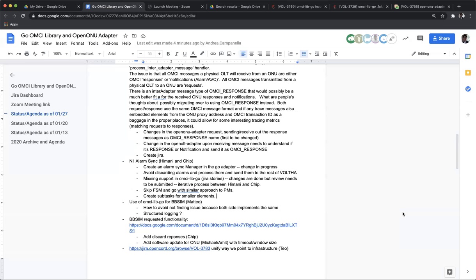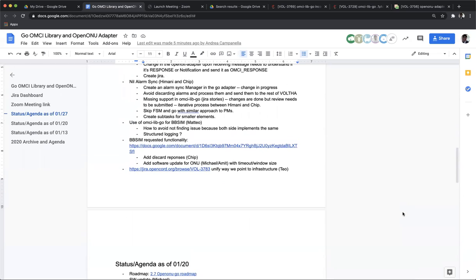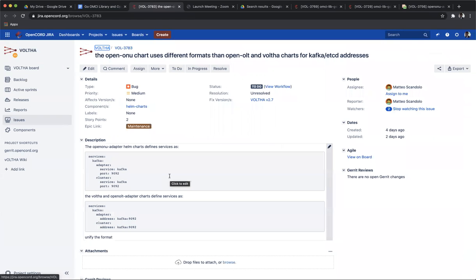That's perfect actually. Theo, thanks for the update. Okay. The next topic was the BBC requested functionality, but as we said, we're going to wait for that to be merged. And I don't remember what this is. Oh yes, this needs to be discussed. So, Theo, why don't you take the lead on it since you know it very well?